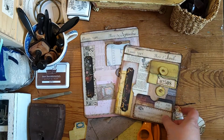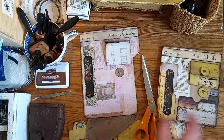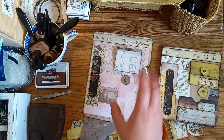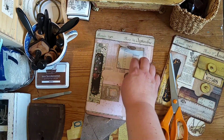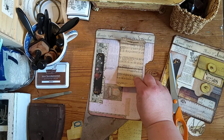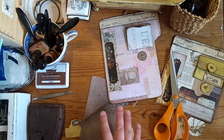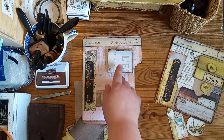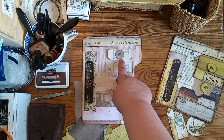Hello, this is part 2 where I'm replicating this page a little bit larger but essentially the same. I think this looks very nice. Now, the next step is to find a string for this fold,